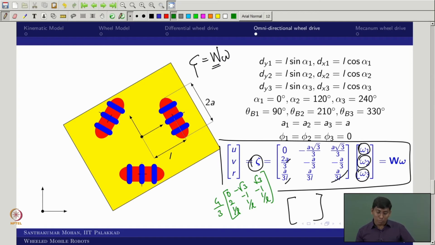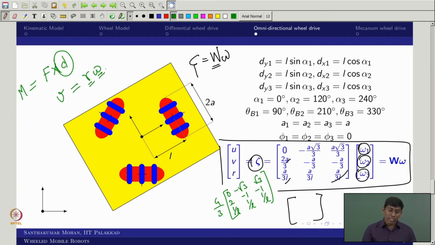So now I will give a small hint. If you have a 2 powered wheel, the combination will definitely make it. So when you write force into distance, what is that? That is moment, right. So there the distance would be multiplied. Now you recall what you wrote as a linear velocity. The linear velocity you write as r omega, where r is the radius and omega is the angular velocity. In that sense the linear velocity you can write in this form. But right now the last row, what does it look like? The last row is the omega component. In the sense, omega I can write as v by r.